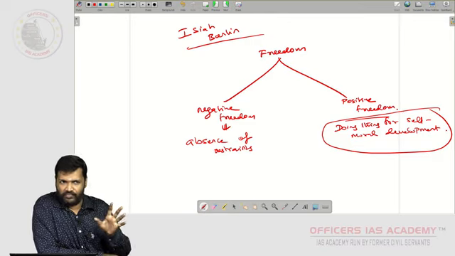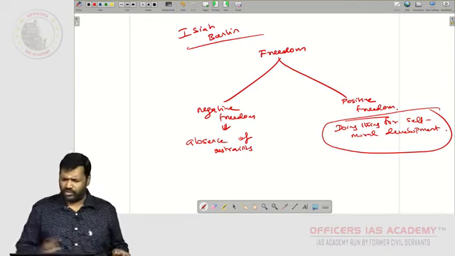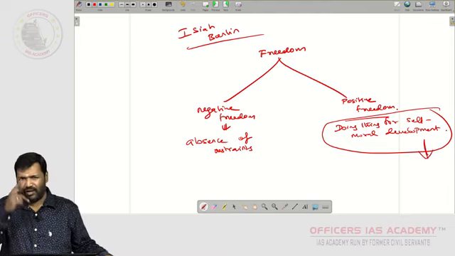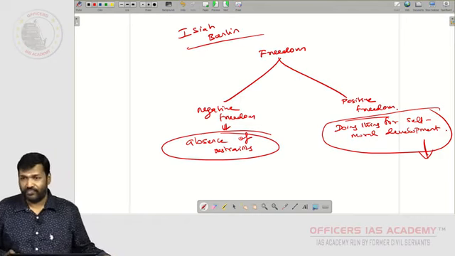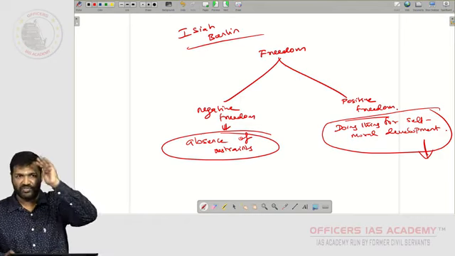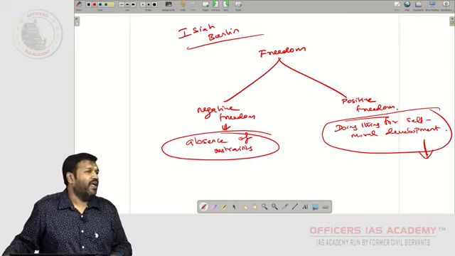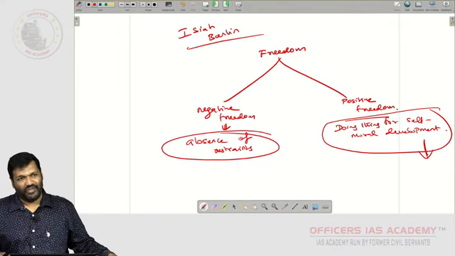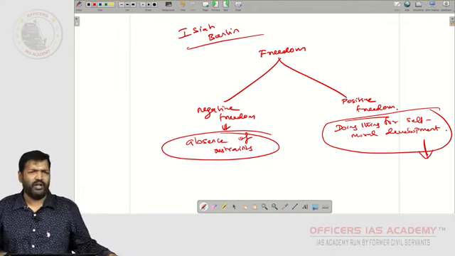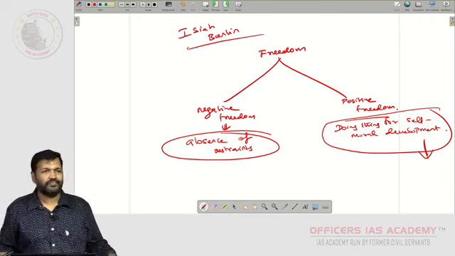There's a problem in it. We understand there's a different problem in how Isaiah Berlin has defined freedom, especially positive freedom. There are many criticisms of how he has defined positive freedom. There is no criticism about how he has defined negative freedom. But definitely there is criticism over how he has defined positive freedom, because of the very example I have taken. If you decide whatever is helping your self-development, technically that will be positive freedom? Many detractors and commentators would say no. Let's take the same example. Then what is the real positive freedom?